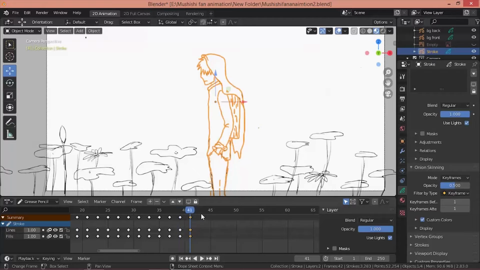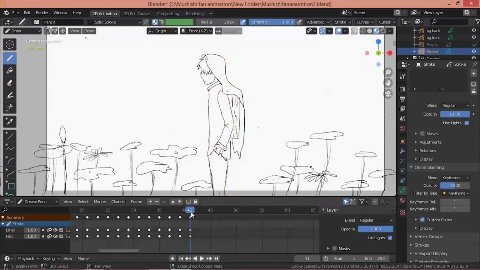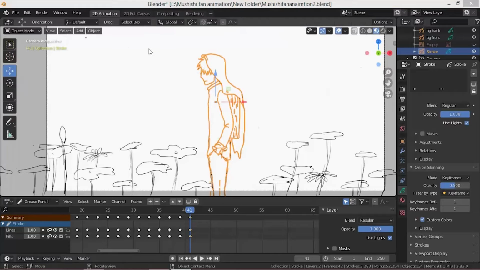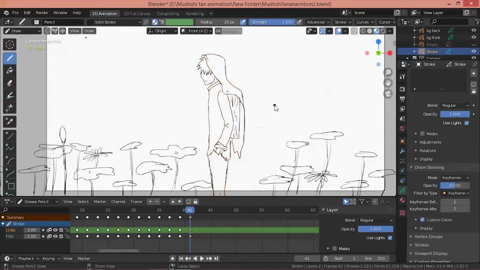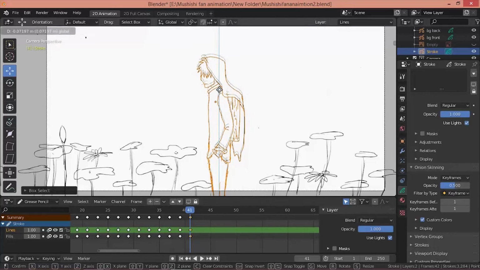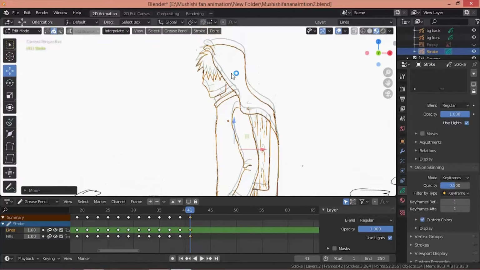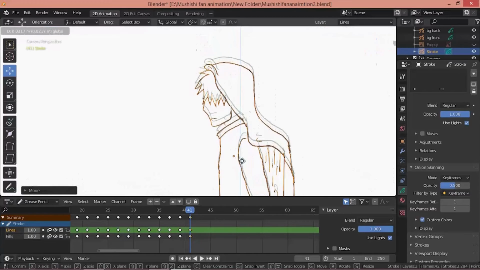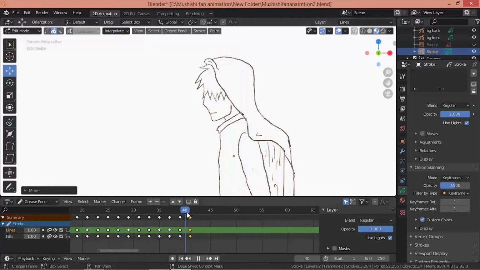If I go back to the draw mode, and if you see, wait, I think I should put it a little bit more down. Oh sorry, I mean not in the object mode, I mean you go to the edit mode, and in the edit mode itself you select the character and you take him slightly below, and as you take him slightly below you can see the onion skin also, so you know how much below you're taking your character. And then you can go forward and back, and you can see the slight subtle change.